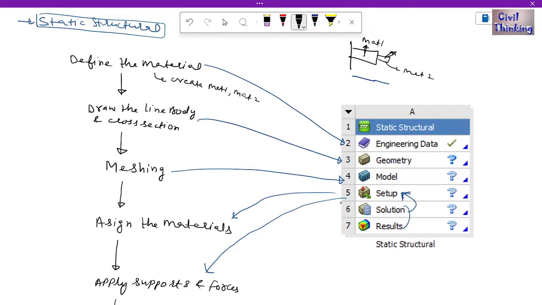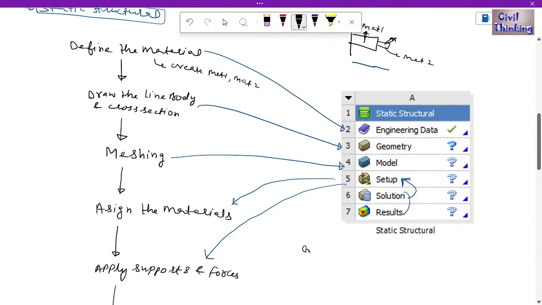So how will you do it? When you double click on setup, then you will have to click on geometry. Then you will see the option, then you have to go to the material, then assignment, then you have to assign each material, okay? I will show you, don't worry. Then after the material is assigned, okay,